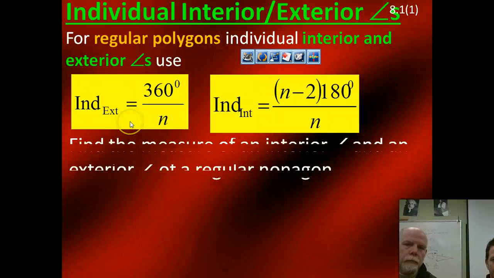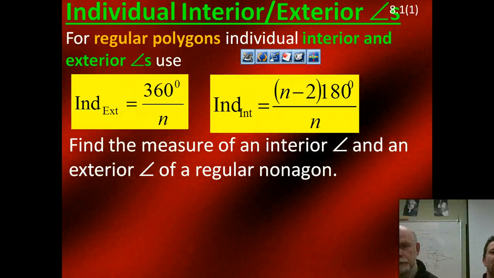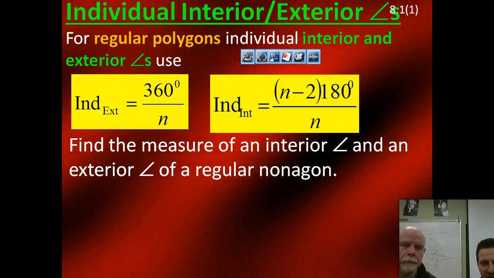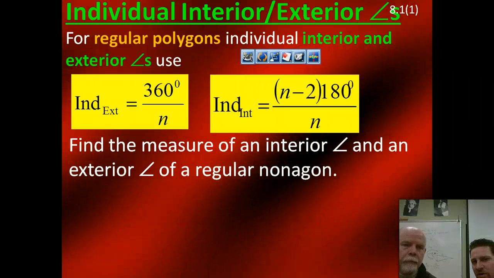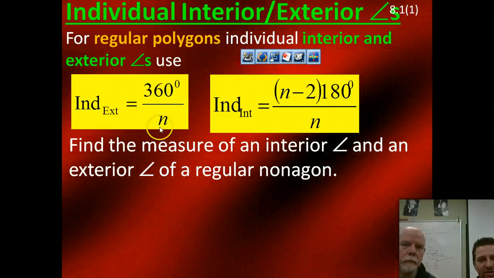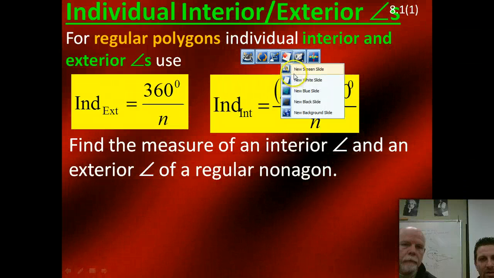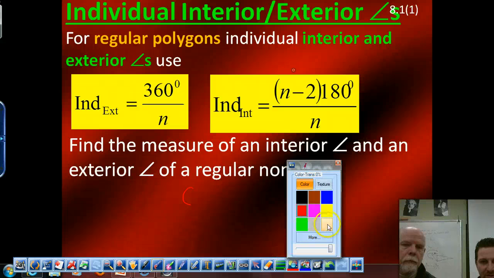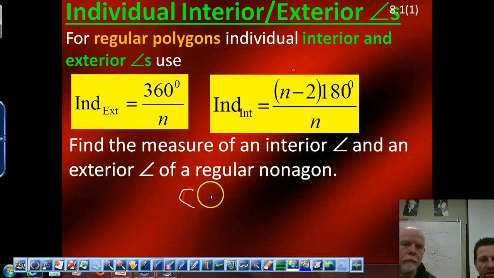All right, so what we have here, guys, is the problem. We want to find the measure of an interior angle and an exterior angle of a regular nonagon, which would be a 9-sided shape. So to find the interior angle, we want to use the formula of the individual interior angle equals n minus 2 times 180 divided by n. And so n in this case is 9. So when I go to set this up, I'm going to set it up as 9 minus 2 times 180